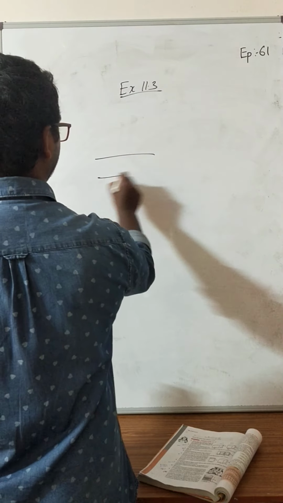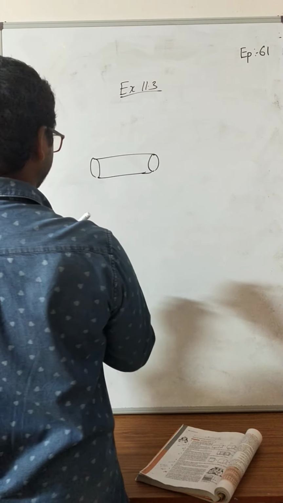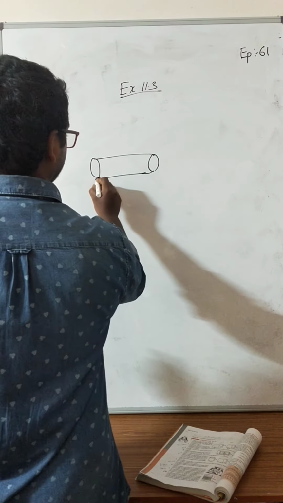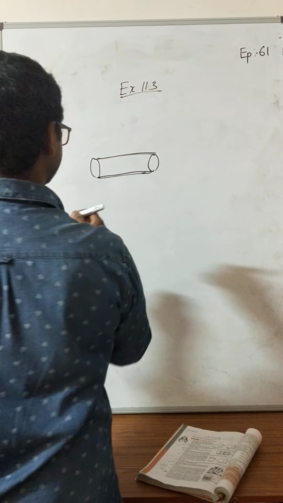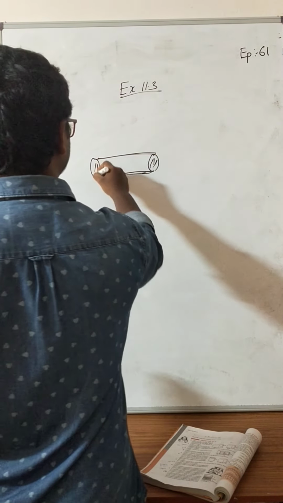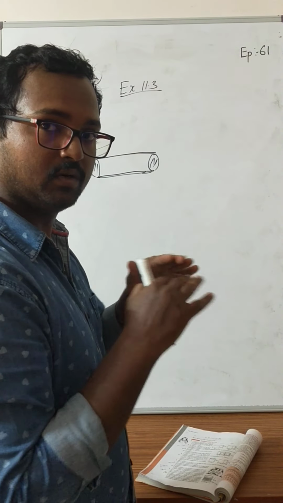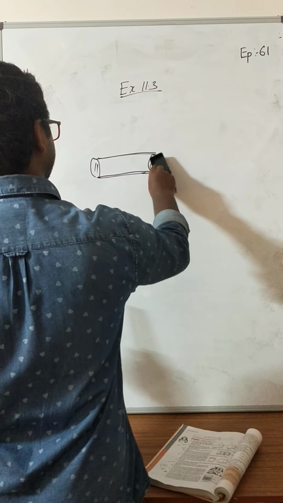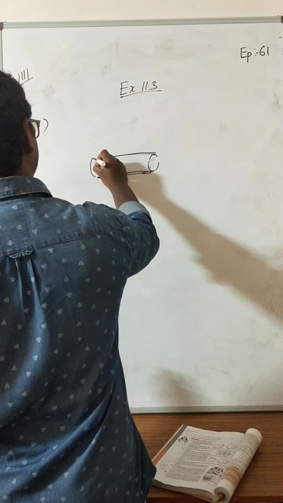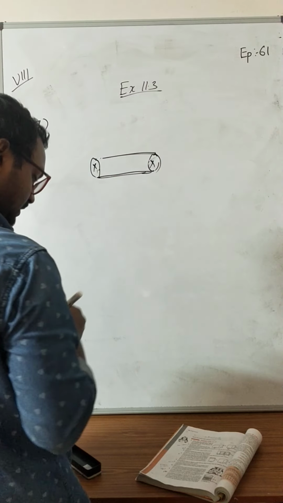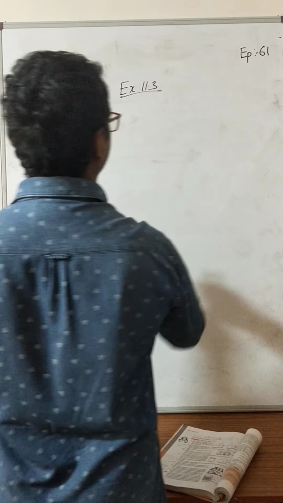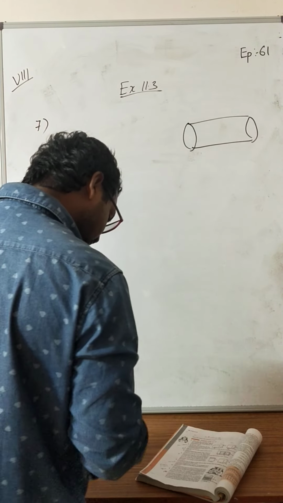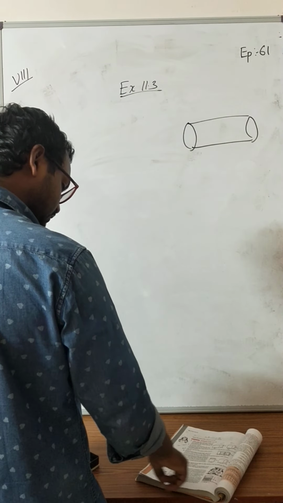See, this is how the road roller is. The only part that is touching the road is this. This is the part that is touching the road. This part will never touch the road. So we are only talking about lateral surface area. We are not talking about the total surface area, because these two will not get into consideration. Here a road roller takes 750 complete revolutions to move once over a level road.